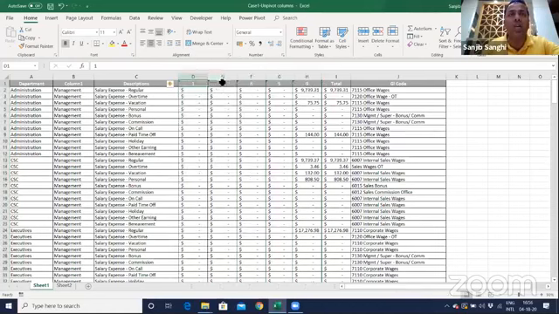Like this is location 1, location 2, location 3, location 5, location 9, and you want to create service expense for location 1, then service expense salary from location 2. How will you do this at a click of a button? That's where Power Query becomes very, very important. And I'm going to go into Power Query right now.